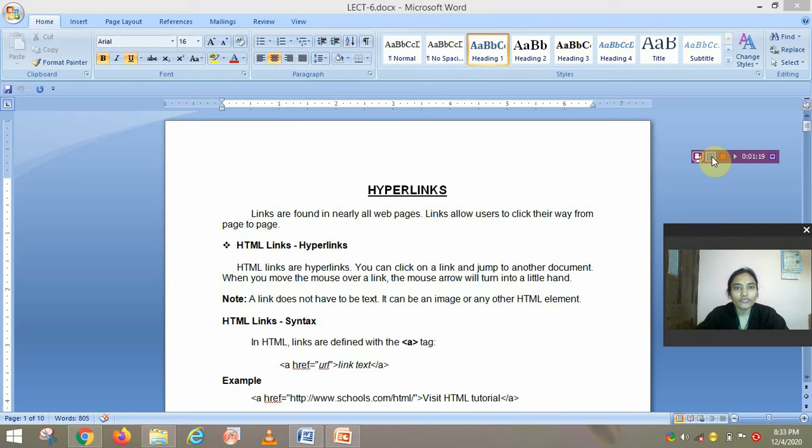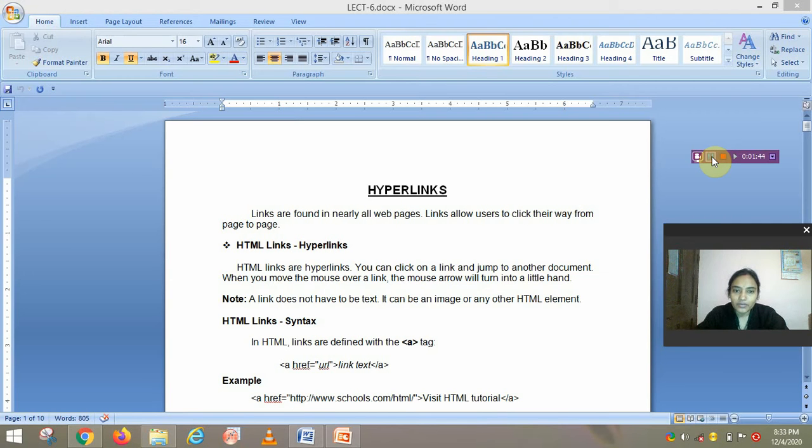If you place the mouse pointer on the text, then the mouse pointer symbol changes to a hand symbol. That means if we click on this text or this word, then we open another page.